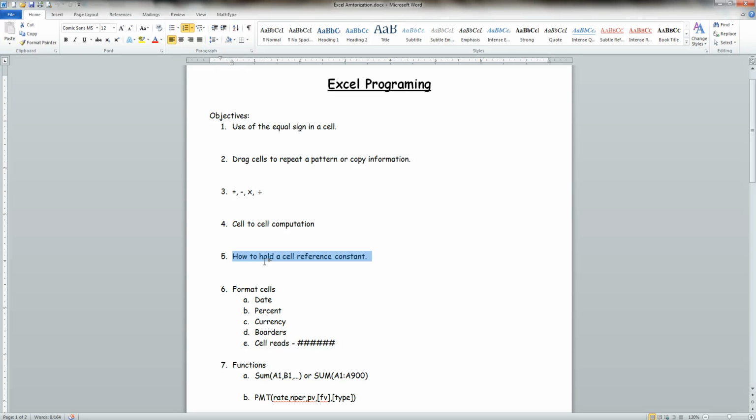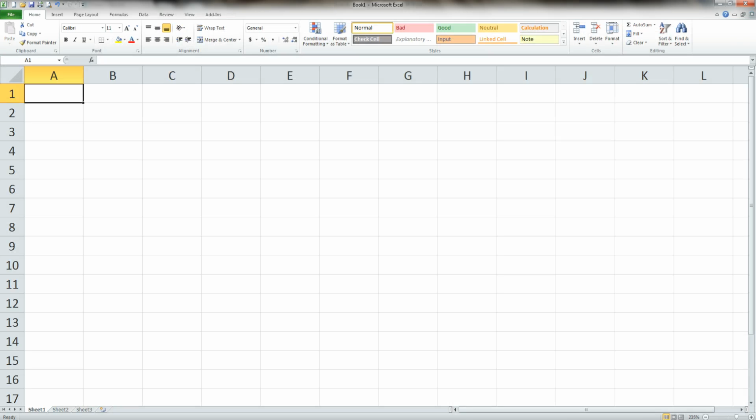Okay, so for this next lesson, we're going to talk about how to hold a cell reference constant. Meaning, when I want to talk to a cell, I want it to not change. I just want that to keep saying I want to talk to the same cell. So here's the idea. Let's say I had a whole bunch of big accounts and I had $1,000 in one,